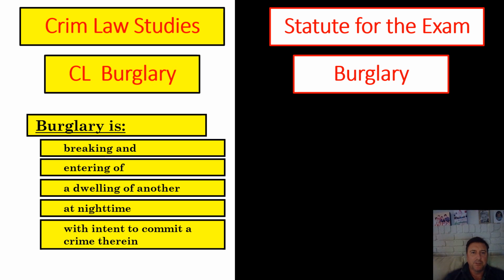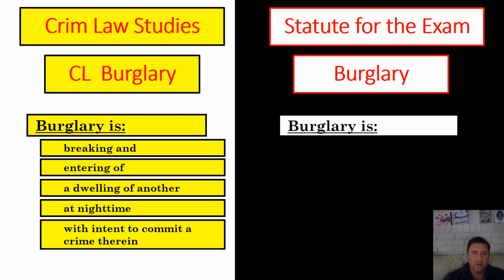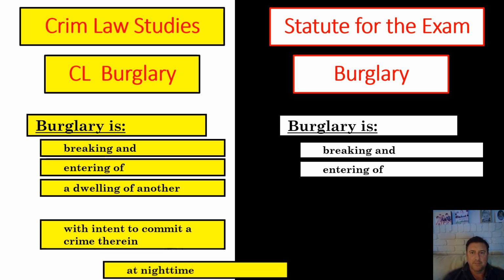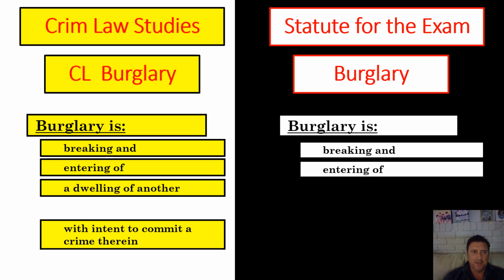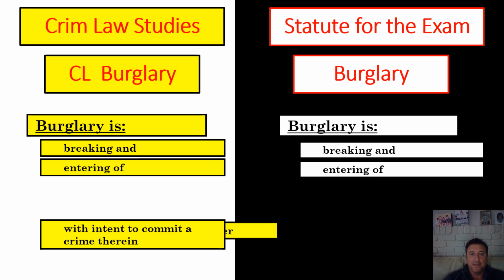Well, I can make some different choices with respect to this. Maybe some of these elements are quite frankly pretty dated. The idea that it's at nighttime or the dwelling house of another don't make a whole lot of sense. So I might make a choice to drop one of them. I might drop the whole nighttime thing. It doesn't make its way into a lot of modern statutes. I'll drop it for mine. I might drop the dwelling house of another. It doesn't really need to be a dwelling. So one I'll drop entirely, the nighttime requirement.